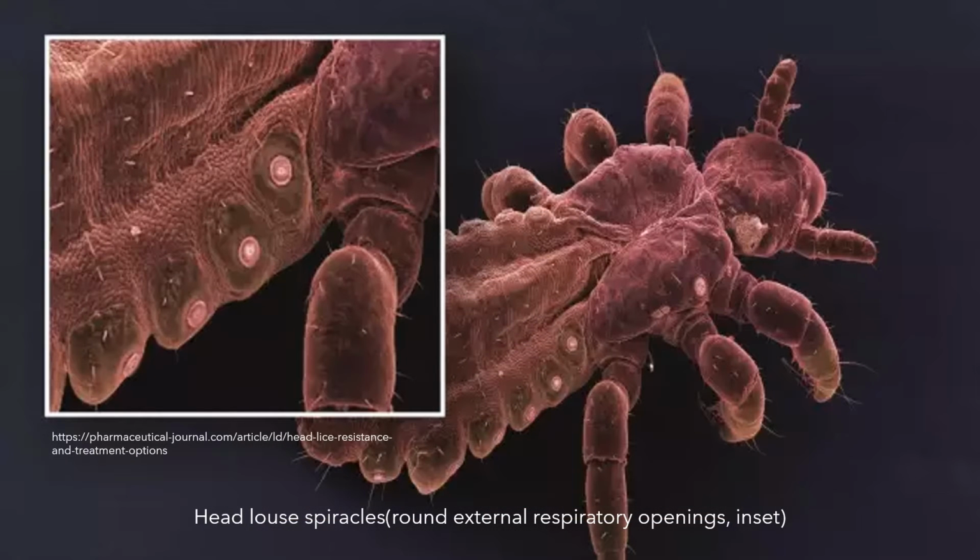This diagram shows a closer look at the spiracles of the head louse, Pediculus humanus capitis. So the spiracles are considered to be the round external respiratory openings of the insects. Particularly in this diagram, we have the head louse. So for insects, instead of the nostrils, they breathe through openings in the thorax and in the abdomen called the